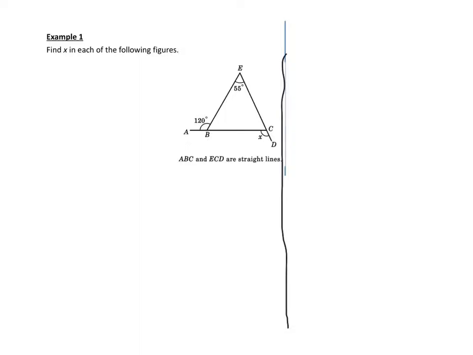Now we go to section 8.1, that is about the angles of a triangle. Then we go to example 1. Now the question asks us to find the x in each of the following figures. So in this figure we can see that x is here,